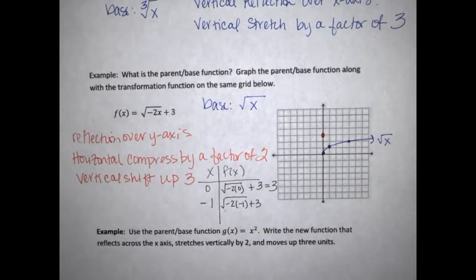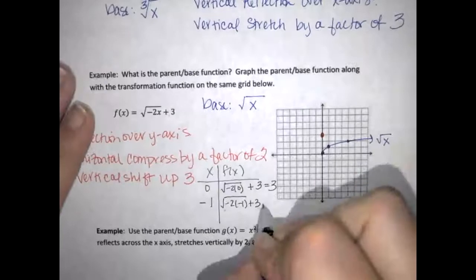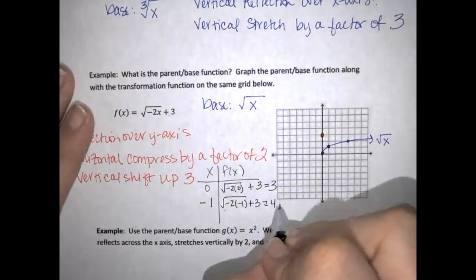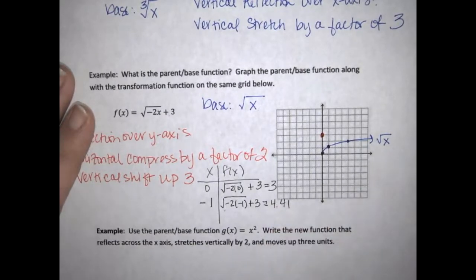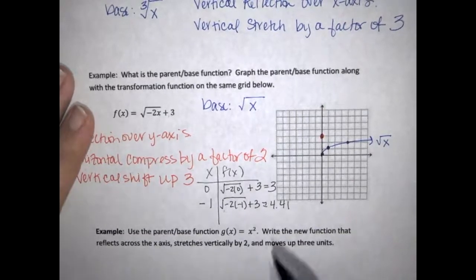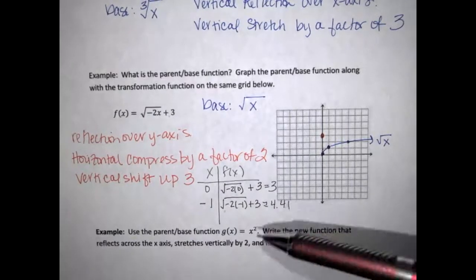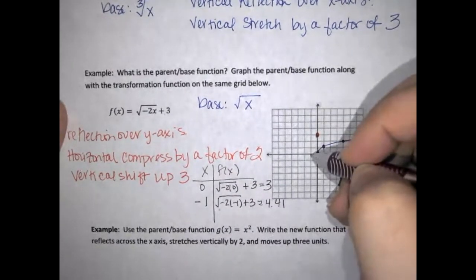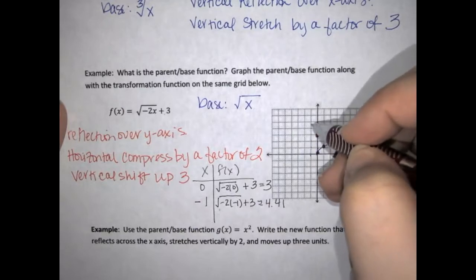Okay, so we're talking about 1.4142 blah blah blah. Plus 3 means we're looking at a value being roughly 4.41. So when we talk about that, we've got negative 1. And by making this XY table, you're actually doing all of your translations at once. And so here over at negative 1, we're going to come up here 1, 2, 3, 4 and a little